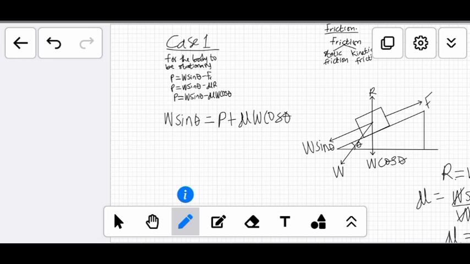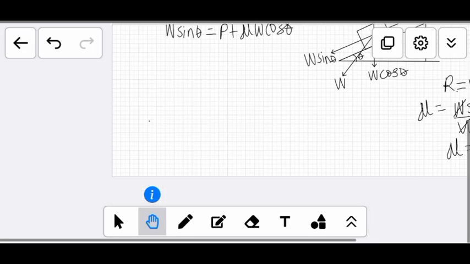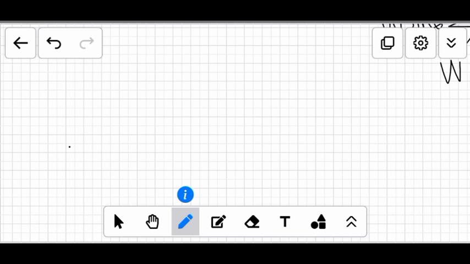Another case is if I want to drive the body up the plane. The first case is when the body is sliding down. If the body is sliding down, you would see that W sine theta is greater than the frictional force in the opposite direction. And then to make it stationary, you add an extra force to the frictional force, which will balance W sine theta. So now in the second case, that is case 2,